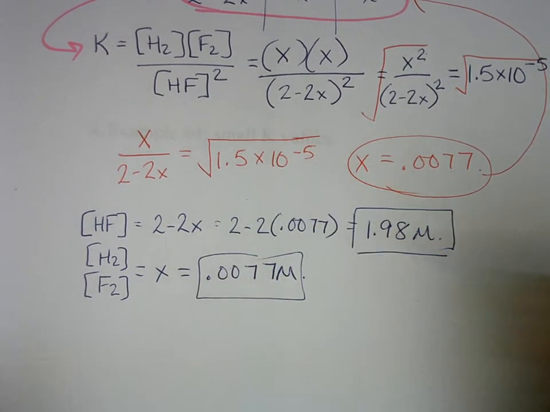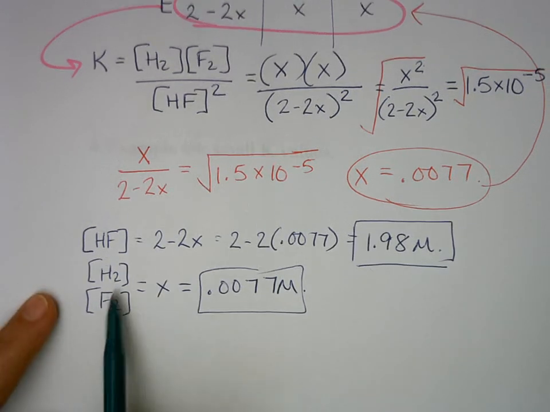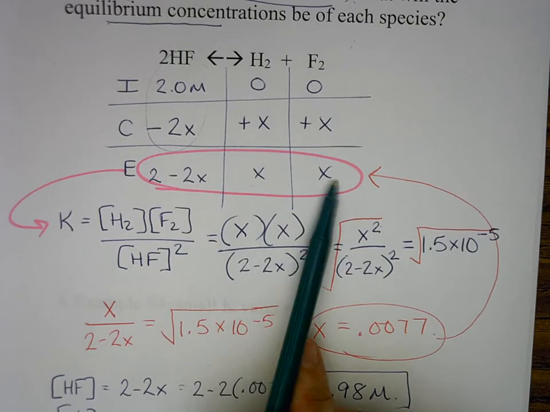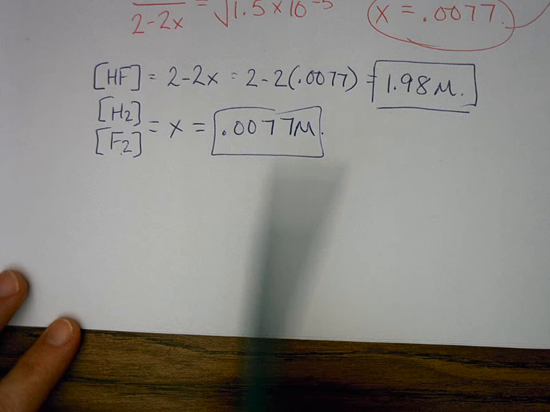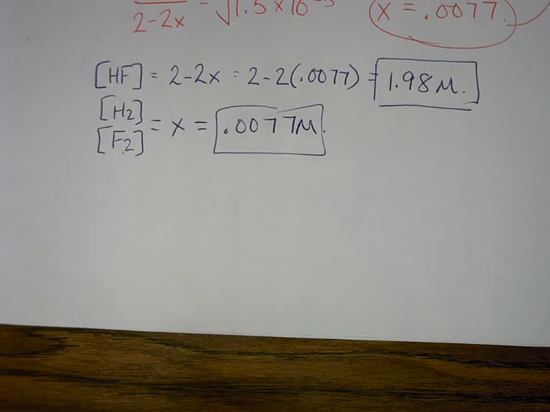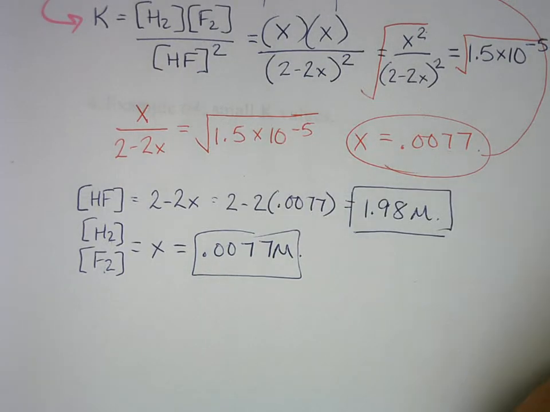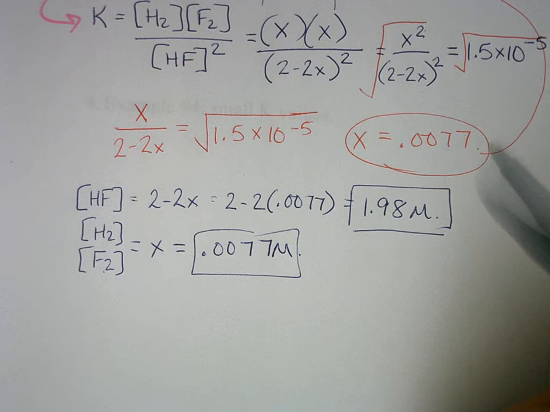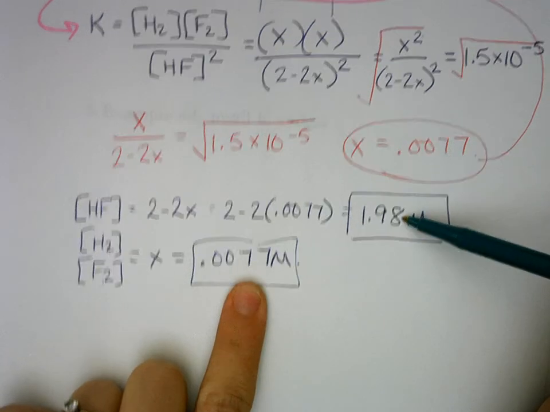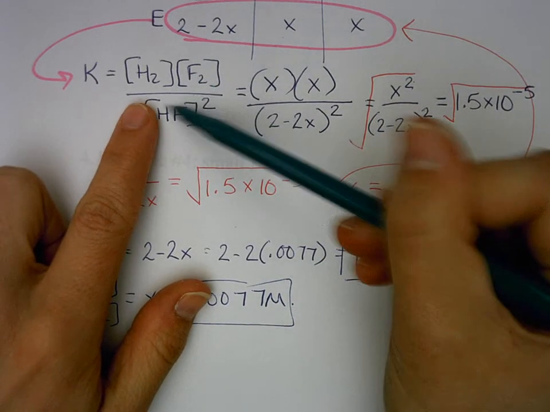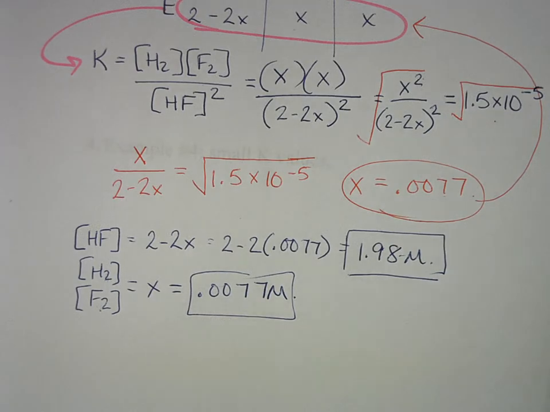There are several answers. You have to have one answer for each thing in the equation. You need the answer for F2, and it's the same as H2 because they're both x. By the way, you would do the exact same thing if you're dealing with pressures instead of concentrations. And if you want to double check these concentrations, you should be able to plug them all back in here and get the right K value. For this one, is it like